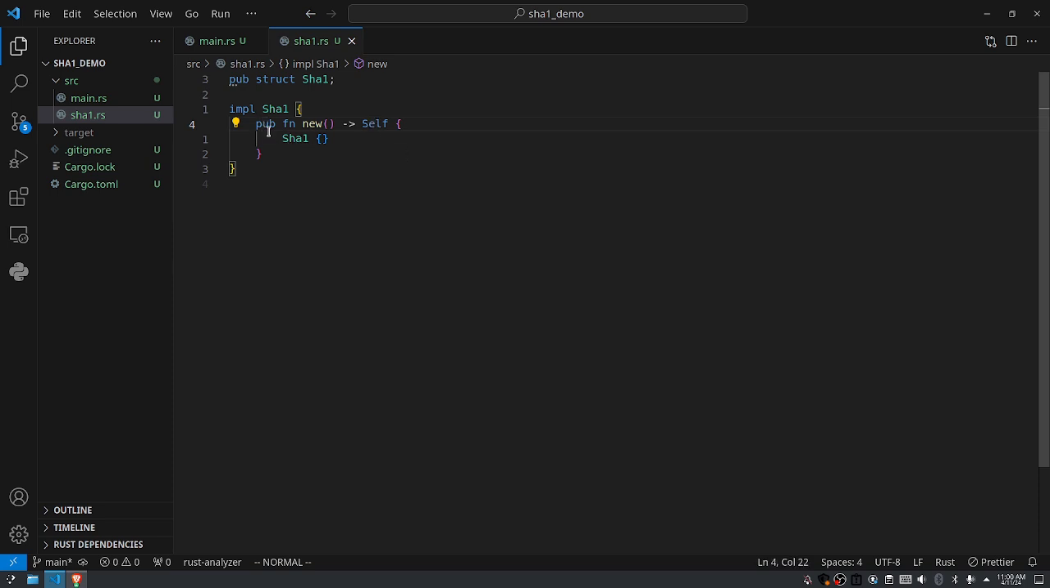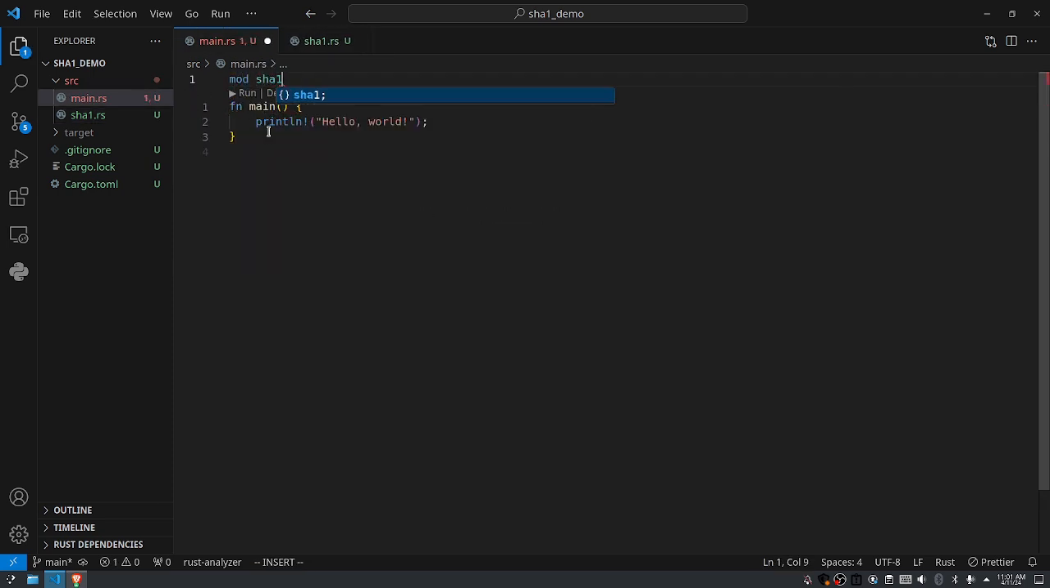We have this self variable here, and there's actually two selfs. There's a lowercase self and an uppercase self in Rust, and the uppercase Self is basically saying return an instance of this data type. So to see what that looks like, we're going to go ahead and